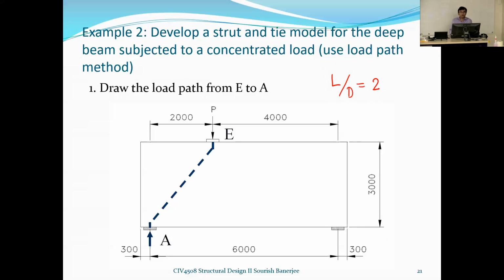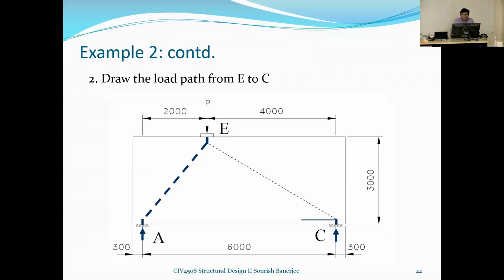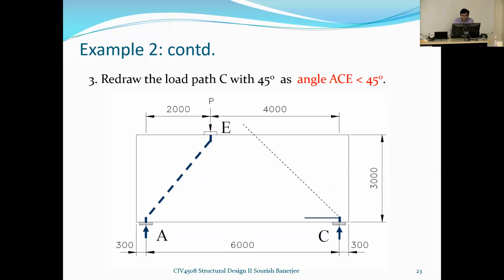So what we are doing is drawing the load path from E to A, because that's the direct one. Yes, that's fine. And then draw the load path from E to C. That's the dotted line. But what we can see is that the angle of the load path is very, very low. So in this case, it is less than 45 degrees. People tend not to have very slanted members, because very slanted members have a problem. So our observation shows that we don't want members which are very slanted. People usually go for 40 to 45 degrees. So in this case, it is less than